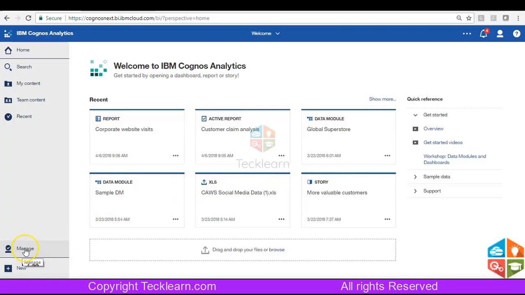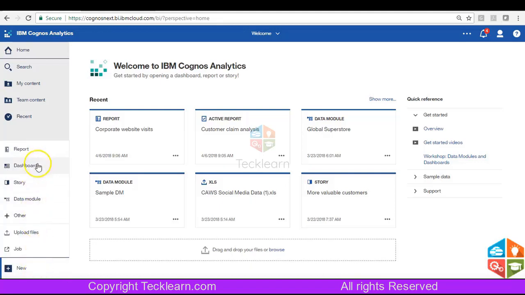And the Manage tab is completely for the Cognos administration part, where you would be able to see the administration console, connecting to your content manager, multi-tenancy, everything. We will cover the administration part earlier in the videos.